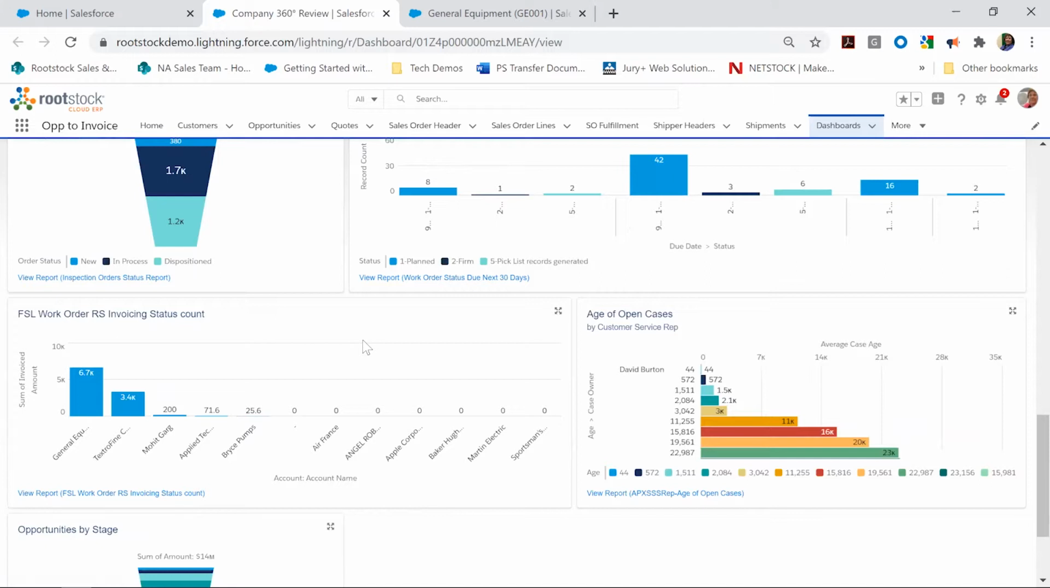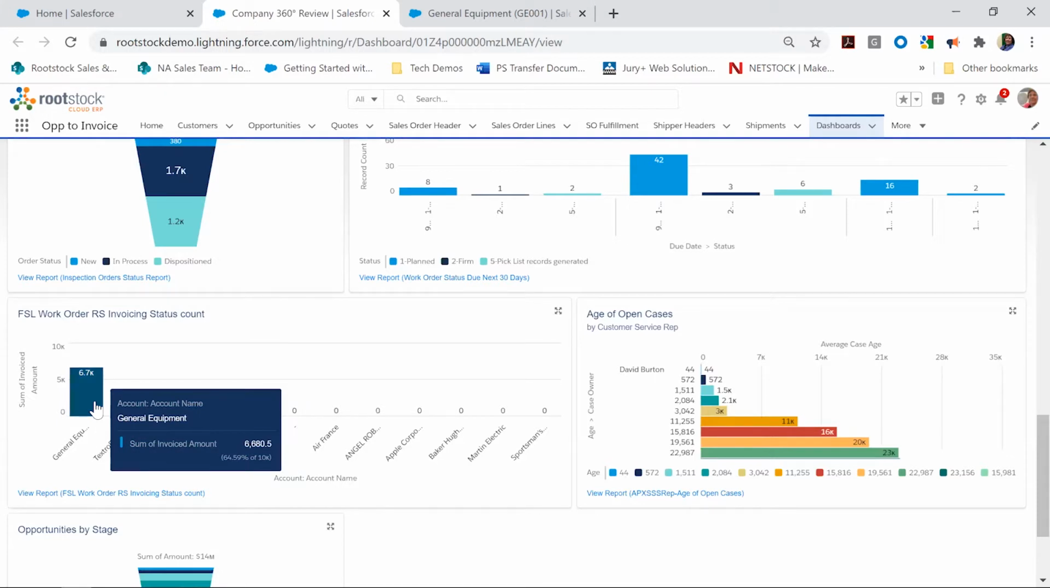And what is that situation looking like? This particular view looks at the value of our invoicing against each of our customers, sorted in order of high customer volume to low. So you can see here, our customer General Equipment is using our new field service capability at the highest level, and we've invoiced to date $6,680 against that particular customer,